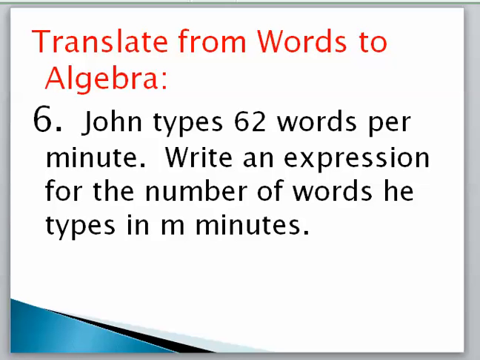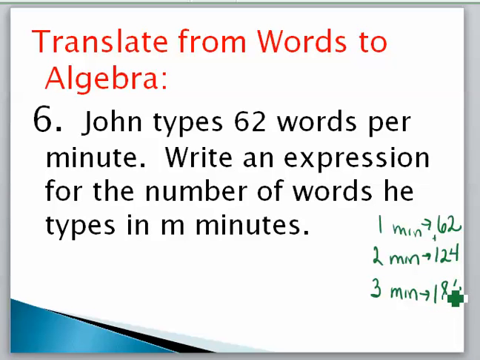So let's just think about this logically, first of all, to figure out what operation I need to use. Now, some of you may already know, but if you don't know, that's okay. If you talked about in 1 minute how many words he would type, you would say that in 1 minute he'd type 62 words. In 2 minutes, he would have an additional 62, so you would add another 62 on here, you'd get 124. For minute number 3, he'd have an additional 62, so you'd add on another 62, and you would